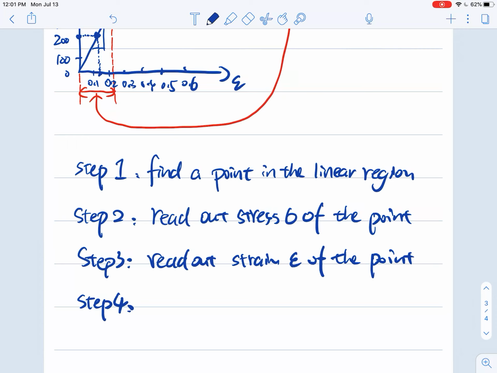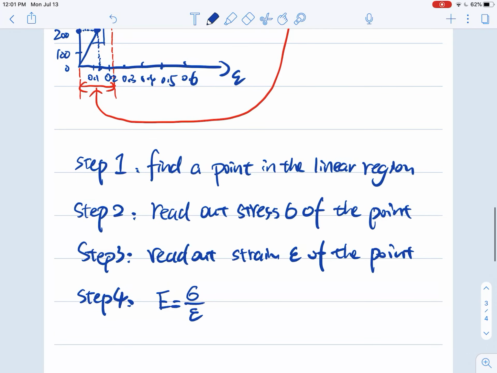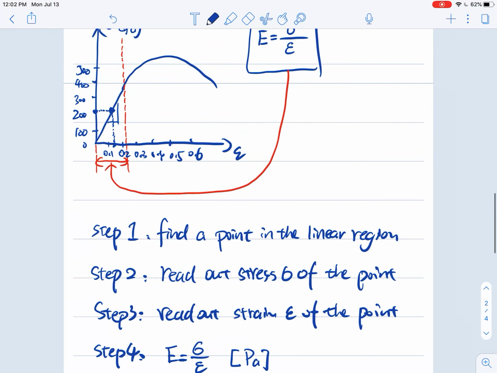Okay, all right, step 4, excuse me, is to apply the equation to find out Young's modulus. The equation uses the stress you found in step 2 divided by the strain you found in step 3. And in our case here, it's gonna be 200 divided by 0.15. That will give you the value of Young's modulus. Alright, it's pretty simple. Just remember, once you finish the calculation, make sure you add the unit for your Young's